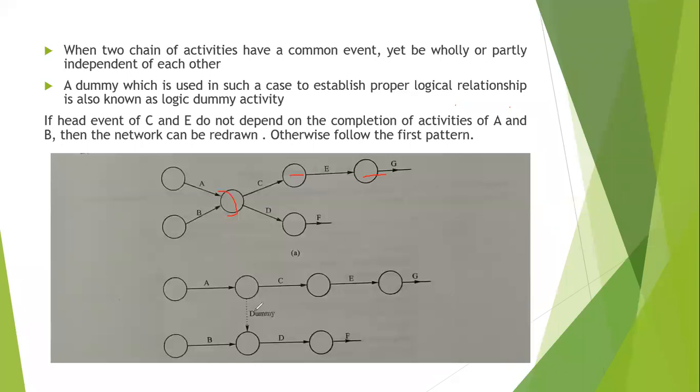So look at the redrawn one. So I know if it is not dependent, then I can create a dummy and then put it over here. Why? Because D is dependent on A and B, right? Can you see? This D is dependent on A and B. So I have to create a dummy. That's the reason I created this dummy. And then I put it for D. Okay, and then I continued with the remaining thing.